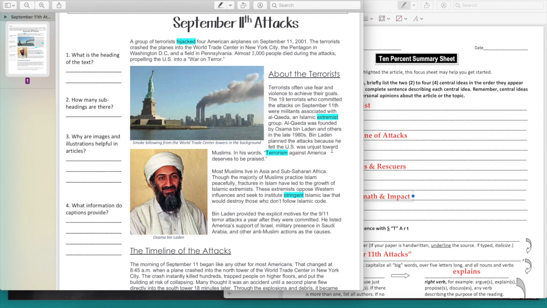He planned the attacks because he felt that the U.S. was unjust towards Muslims. In his words, terrorism against America deserves to be praised. And then here's some information about Muslims and the religion, and where it is practiced, and the extremists, bin Laden, his motives,